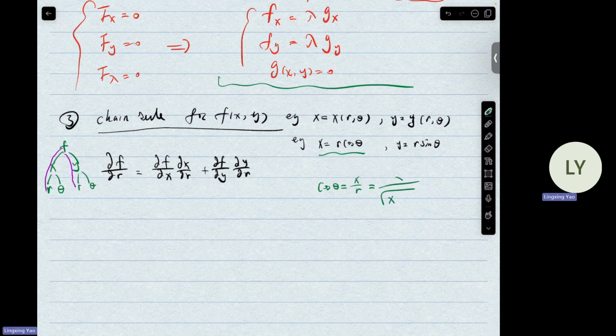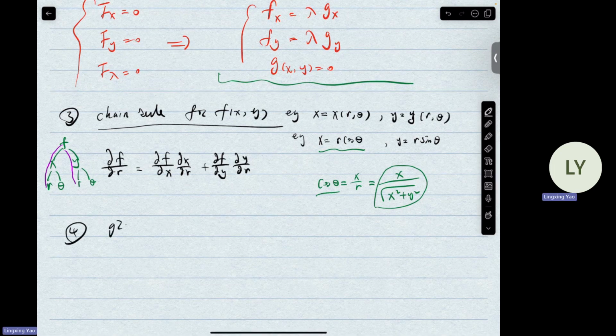R is the square root of x squared plus y squared. So we can represent cosine theta and also sine theta by using x and y. This is some tricks that we sometimes need to solve a problem. All right. And then before the chain rule, we also talk about the so-called the gradient